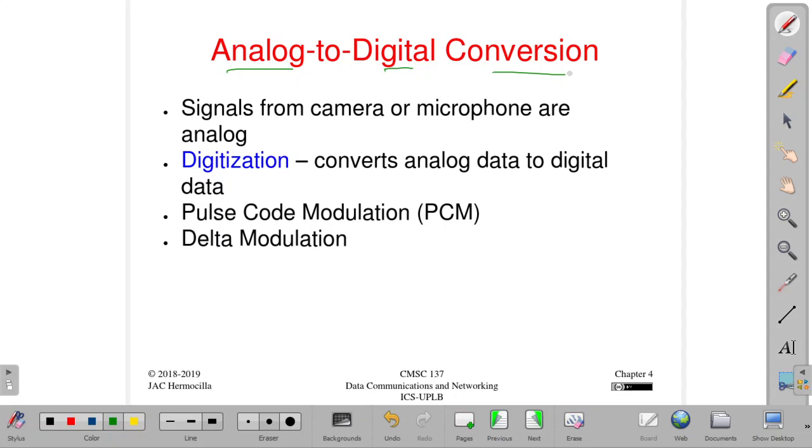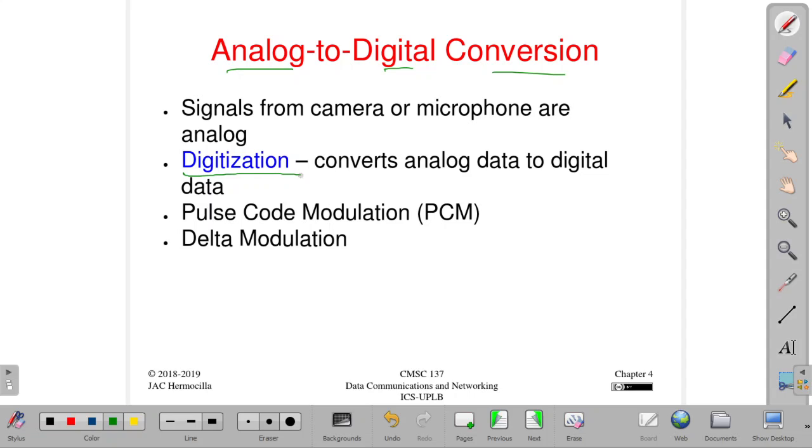So there should be a way to convert the voice, which is an analog signal, to a digital signal that can be stored on a disk file, like an MP3 or whatever audio format, MIDI format, for example. Right? So the technique of converting analog data to digital signal is called